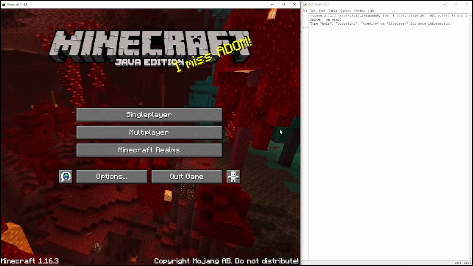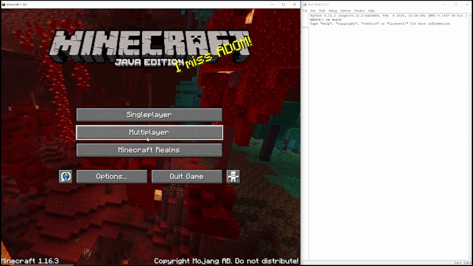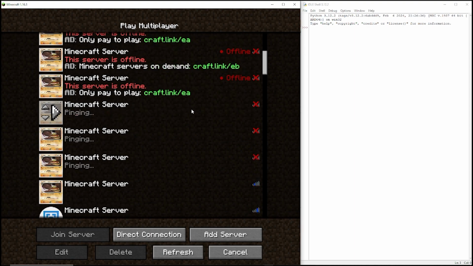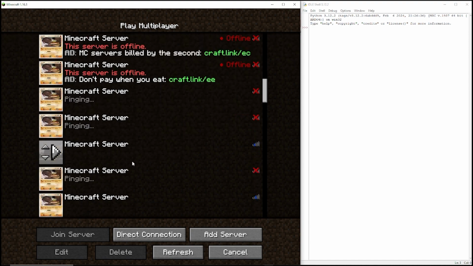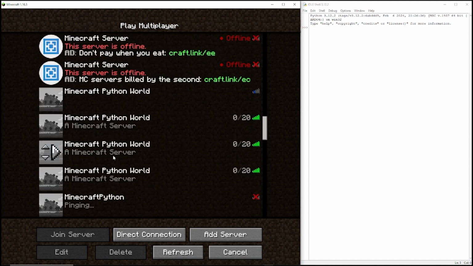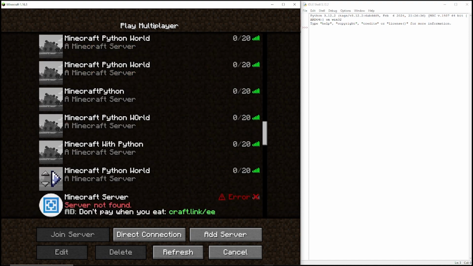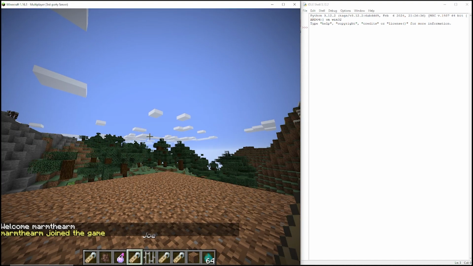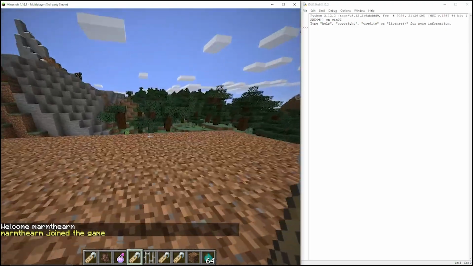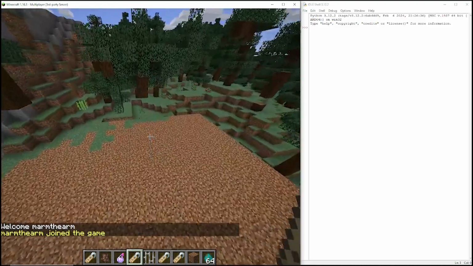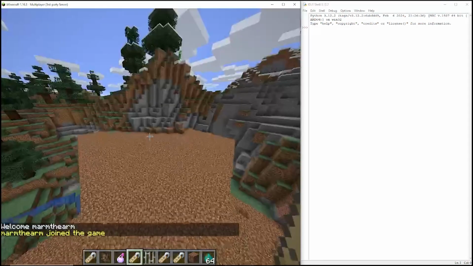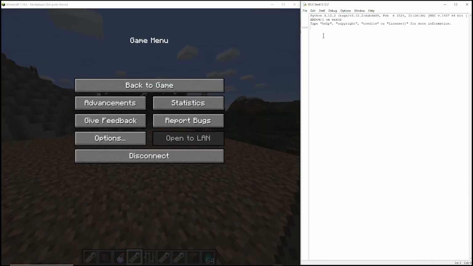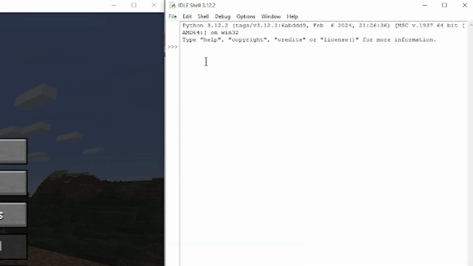Hey guys, today I'm going to show you how to place cuboids in Minecraft Python. So first we're going to go to our server. We're going to go to a white spot like right here. And then first, to open the connection, we're going to go from